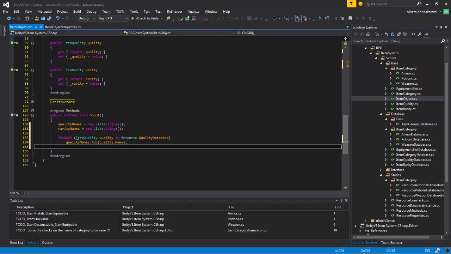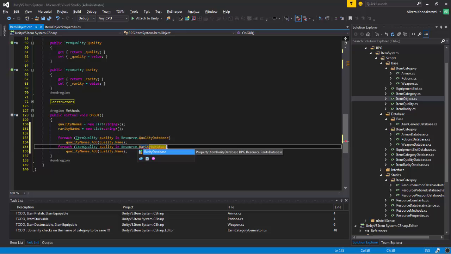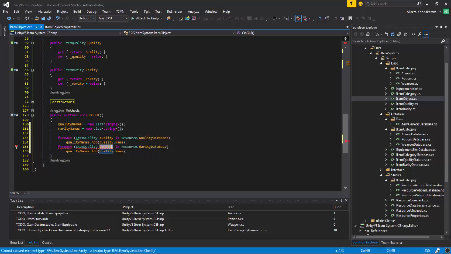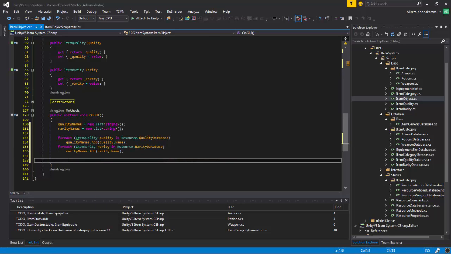The same thing for our rarity database. Remember, these two are almost identical, at least for the time being. I'm not sure if I need to change them in future, but rarity, and we say rarityNames.Add rarity.name. So we get the names,